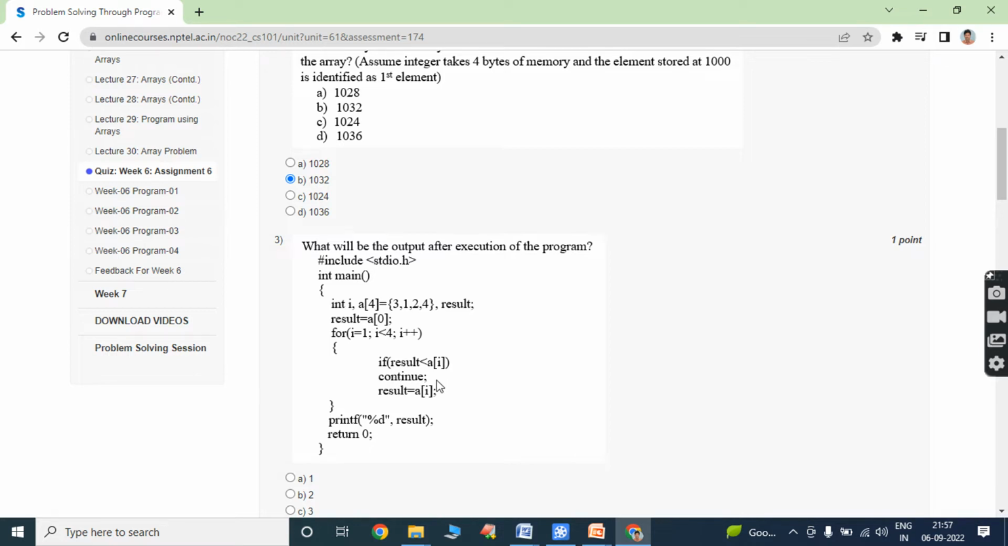the statement continue. So whenever continue statement is executed, again control goes to the for loop, then I value is incremented. Now I value becomes 3. So I less than 4, that means 3 less than 4, condition true. If this condition is true, then the control goes to the body of the for loop and execute the if statement. If result less than A of I, so result value is 1 and A of 3 value is nothing